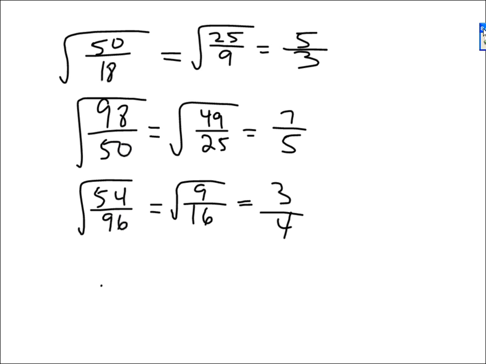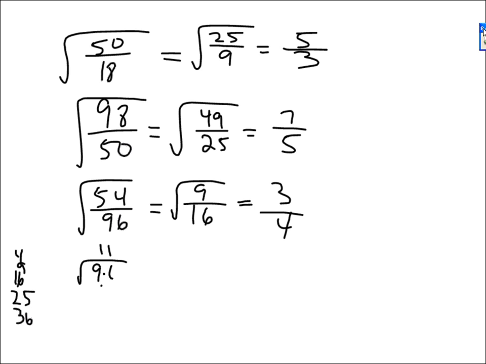If you didn't want to, you can think of 54. Well, the largest number on our list that goes into 54 is, 2, 4, 16, 25, 36. It's going to be 9. I don't know how I skipped 9. Okay, so